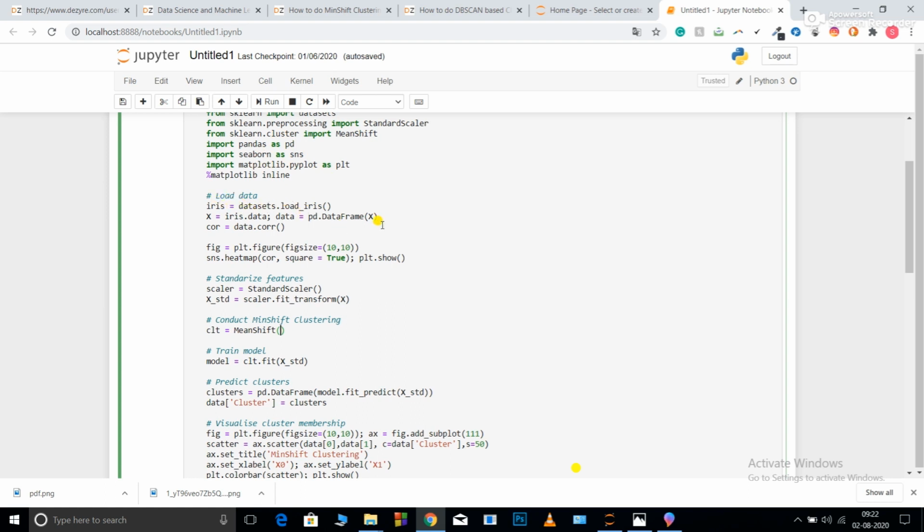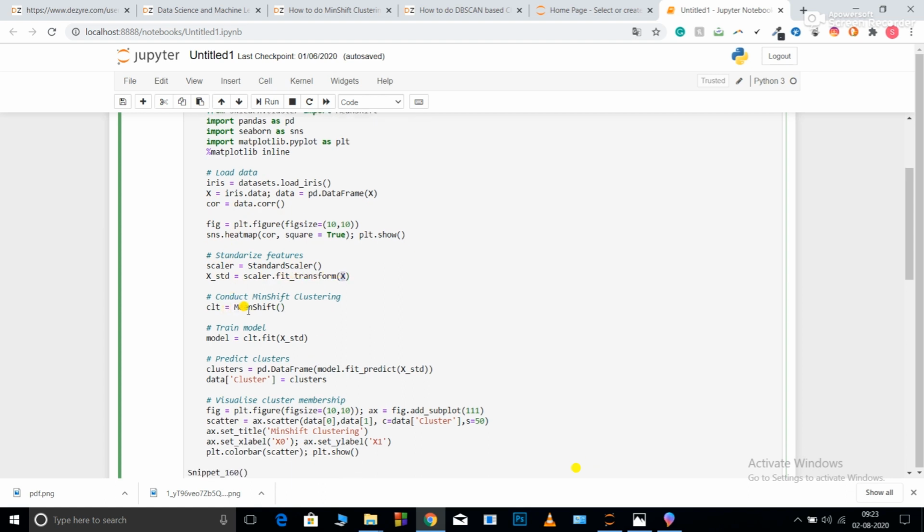You can see over here I'm not using the target data frame, I'm just using my feature matrix. So corr will give me the correlation, and I'm visualizing the correlation using the heat map. StandardScaler x_std = scaler.fit_transform. So I've scaled my x, and then I'm initializing my mean shift function.